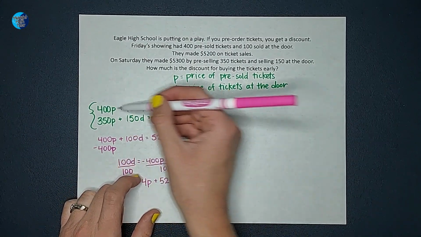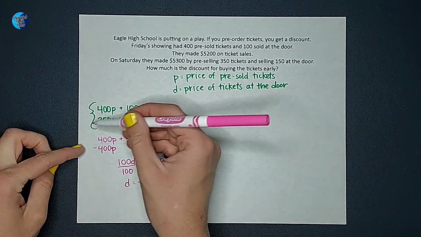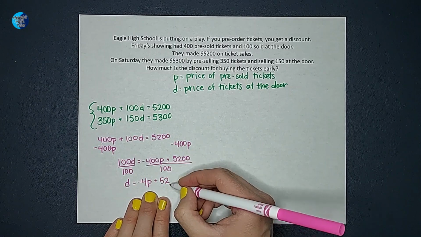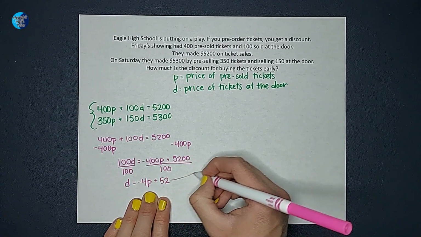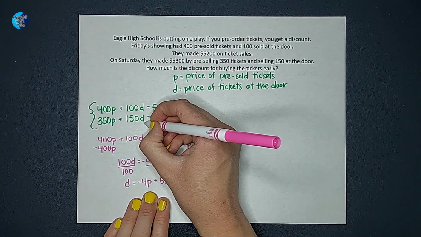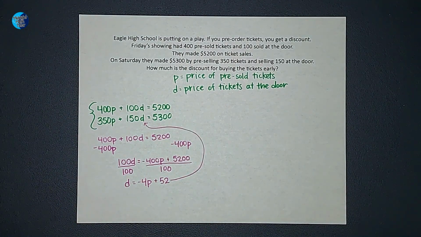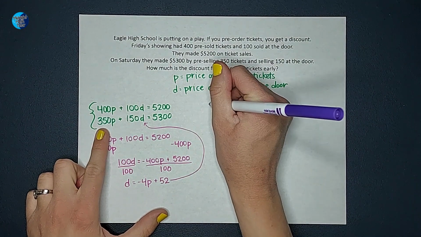I don't want to plug it into the one that I moved around. I want to plug it into the other one. So I'm going to plug in this negative 4p plus 52 for that D because that's what D equals. So this is what that will look like. I'm going to have